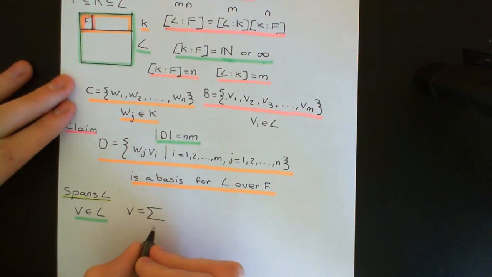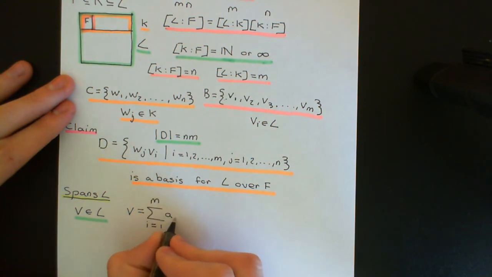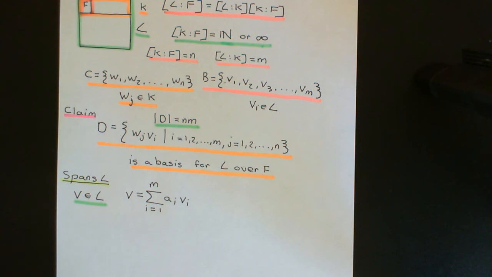Okay, so I will just do this with the grown-up notation, so we'll have the sum from i equal to 1 to n, and then we'll have coefficients a_i times the vectors v_i. And remember, I'm not going to start denoting the additions and the multiplications in different colours, because all of these additions and all of these multiplications are just as they are in the largest field, capital L. Because the other two fields, K and F, are just subfields of that. So all of the additions and multiplications we see will just be addition and multiplication in the largest field,